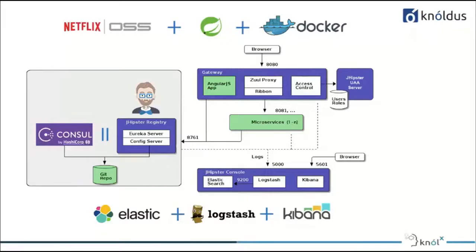This is the diagram which shows the microservice architecture if we build it through JHipster. In the first line, you can see Netflix OSS, Spring Boot, and Docker. Netflix OSS is used for the service discovery part, and for checking if a service is down and the health of the service. Spring Boot is what we use to develop our application. And through Docker, we can deploy our application. In this diagram, we can see the green boxes and some purple boxes.